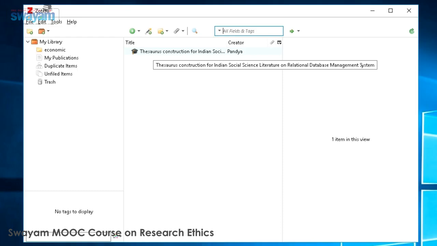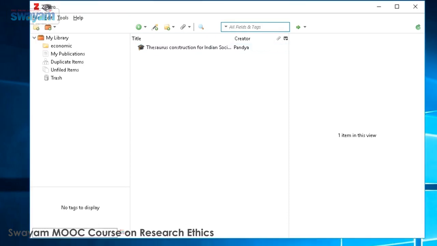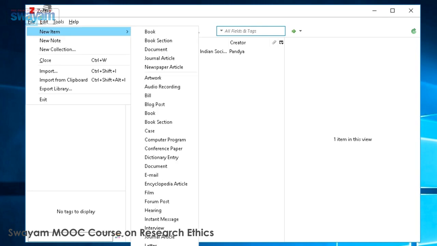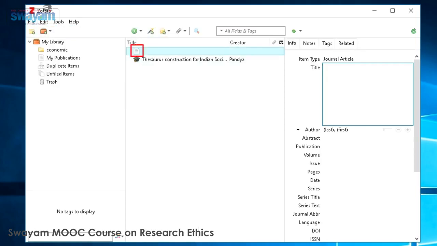automatically after synchronization. Now if you would like to create resources from Zotero desktop, you can do so by clicking on file menu, add new item and select the item type. I will create one journal article here. You can see the icon will be changed accordingly. This tab is for the thesis and this document type is for the journal article. So now here I will do the manual entry of a journal article.